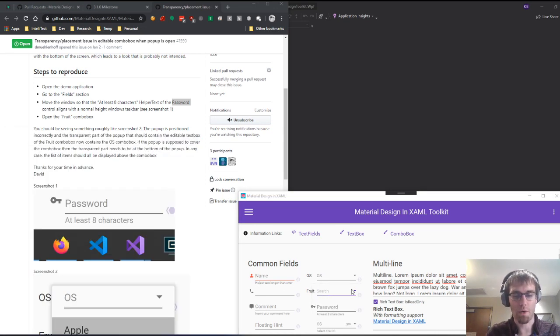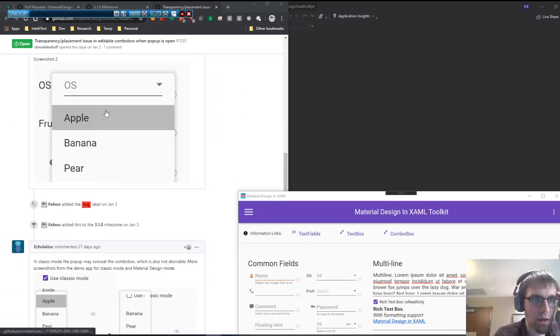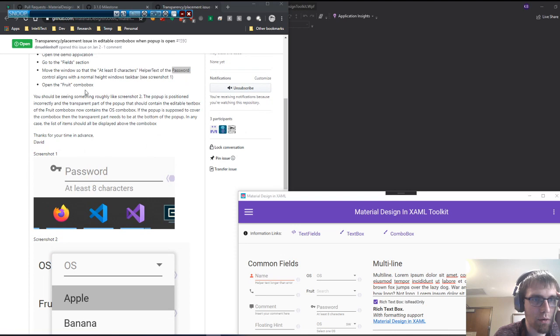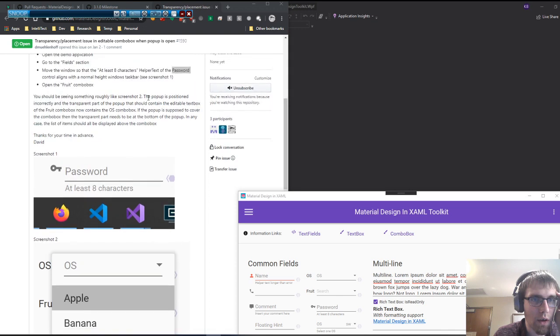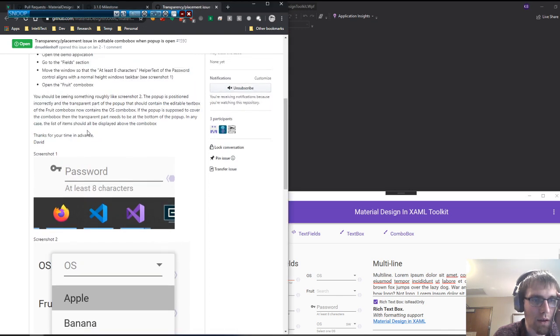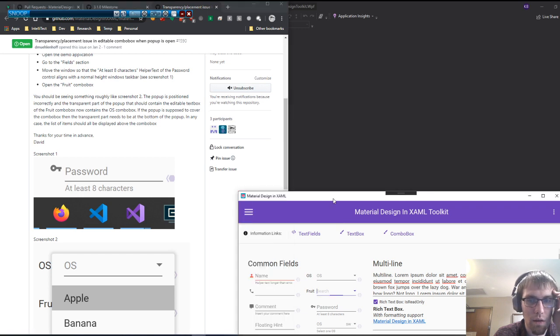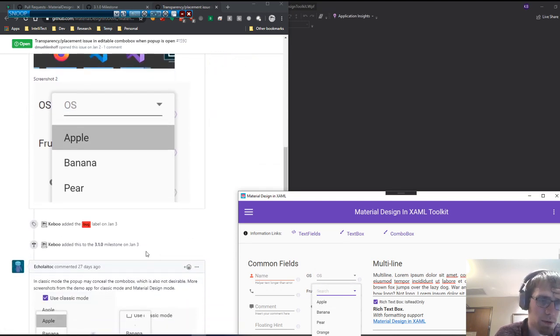Let's just confirm this really quick. Snoop. Because the screenshot 2, you should be seeing something roughly like screenshot 2. The pop-up is positioned incorrectly, and so this is interesting because this is showing that the pop-up is actually positioned up here, right? So one of the fundamental problems of this,